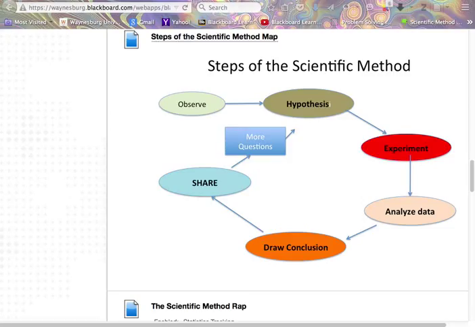Hello again, everyone. This is Dr. Tracy Zhang, and today I wanted to show you the Google Science Fair site and the Science Buddies Science Fair sites